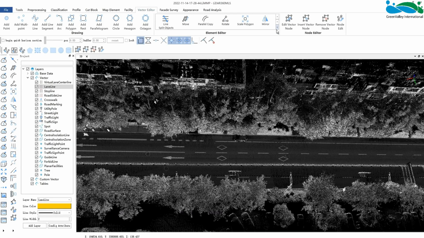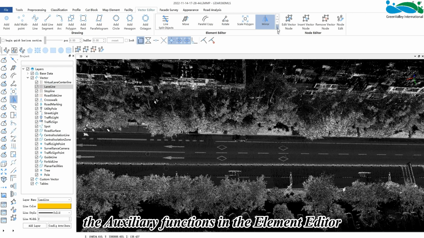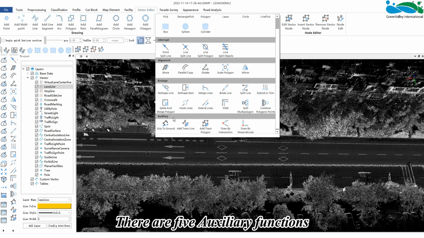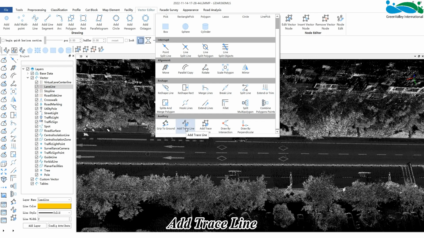Hello everyone! Today I will introduce to you the auxiliary functions in the element editor. There are 5 auxiliary functions: grip to the ground, add trace line, add trace polygon, draw by intersection, and draw